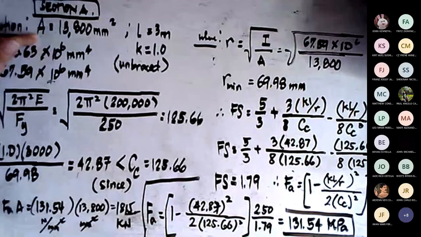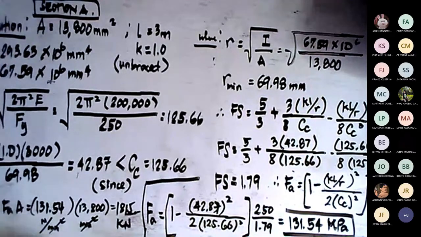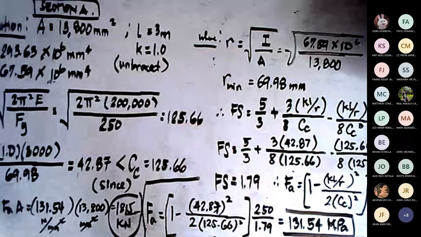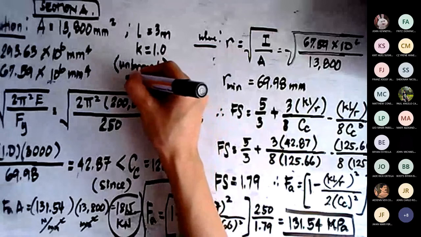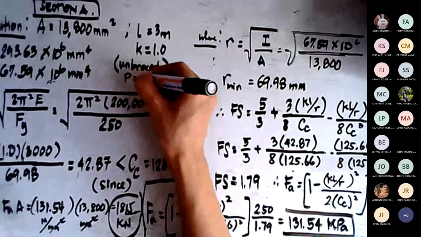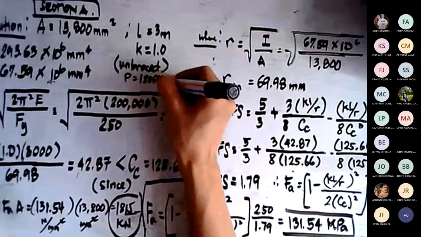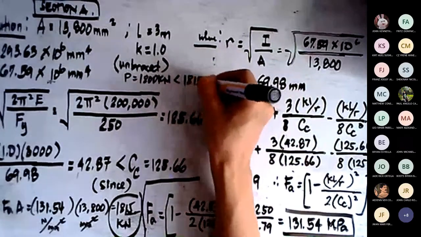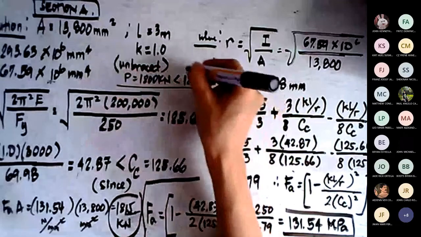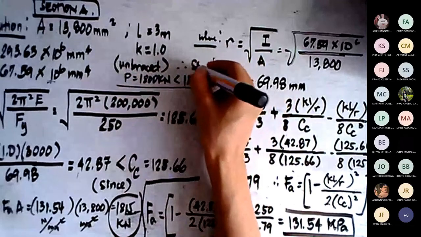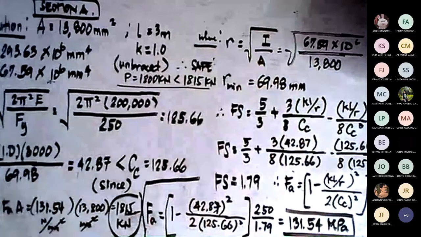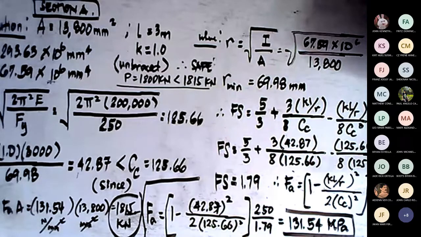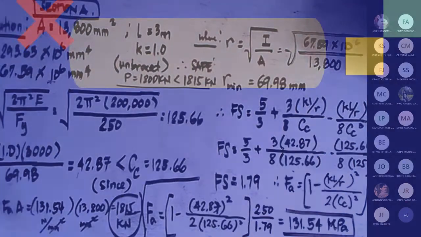The unit is 1,815 kilonewton. And since this is greater than the given load of 1,800 kilonewton, that means this is safe, 1,815 kilonewton for the critical load. It is a safe section. Okay, so the rest would follow for if you are going to compute for the other critical load, and then